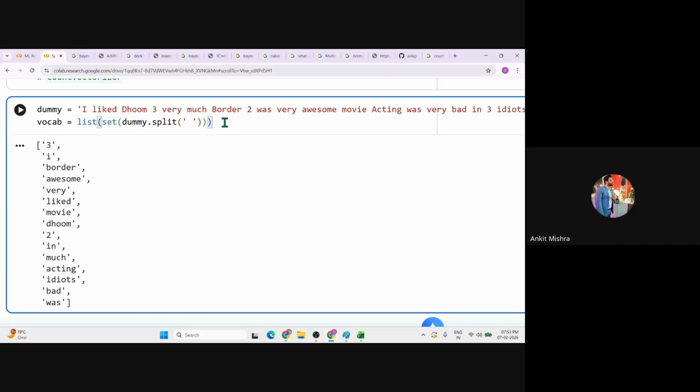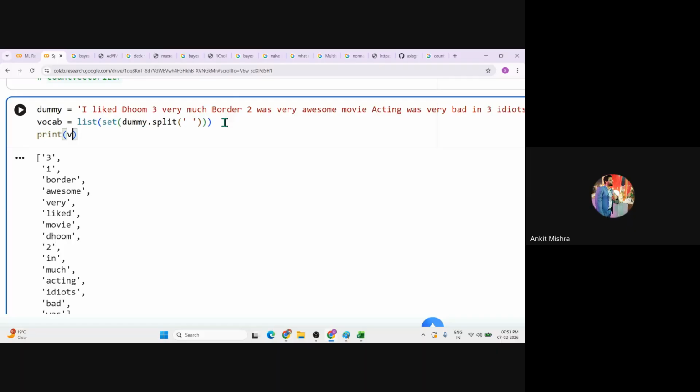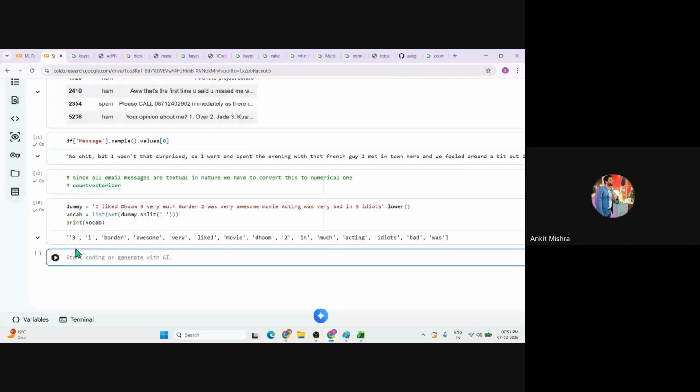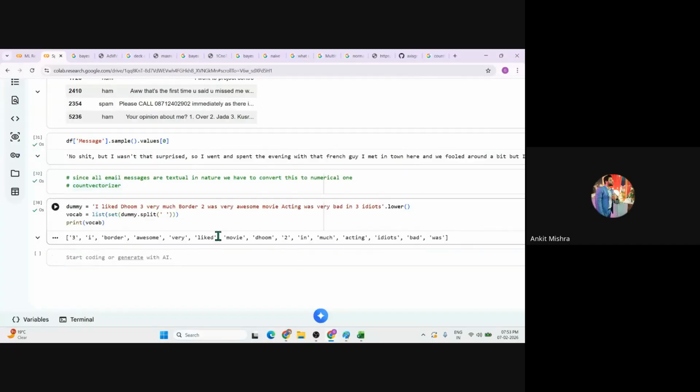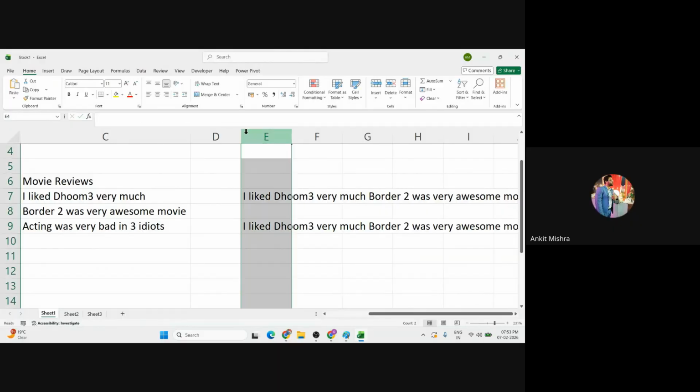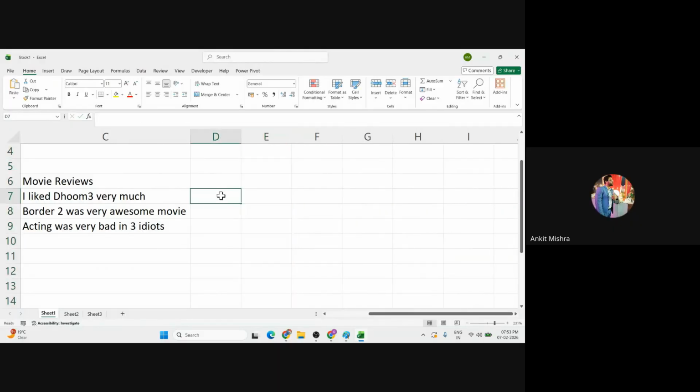Let's print this vocab, and we get the list: 3, I, border, awesome, very, liked, movie, Dhoom, 2, in much, acting, idiot, bad, was. Now just copy this, because we want to convert this data into the numerical one, and I'll paste it here.